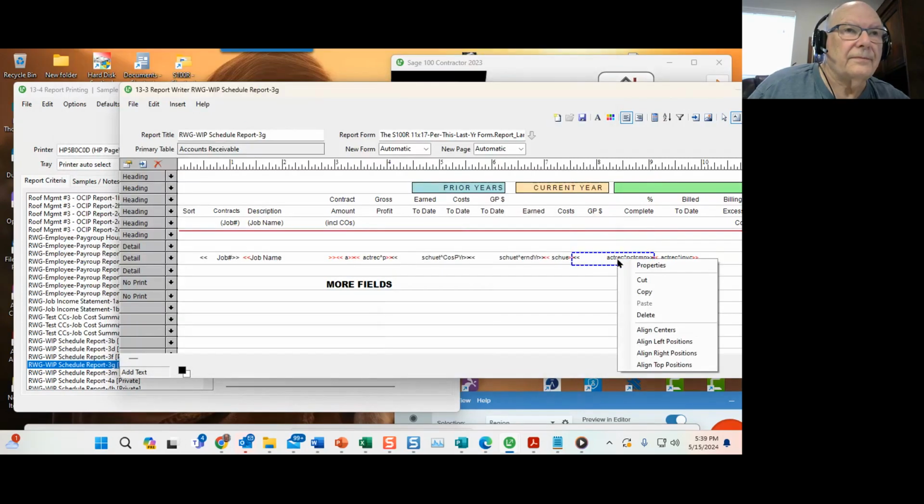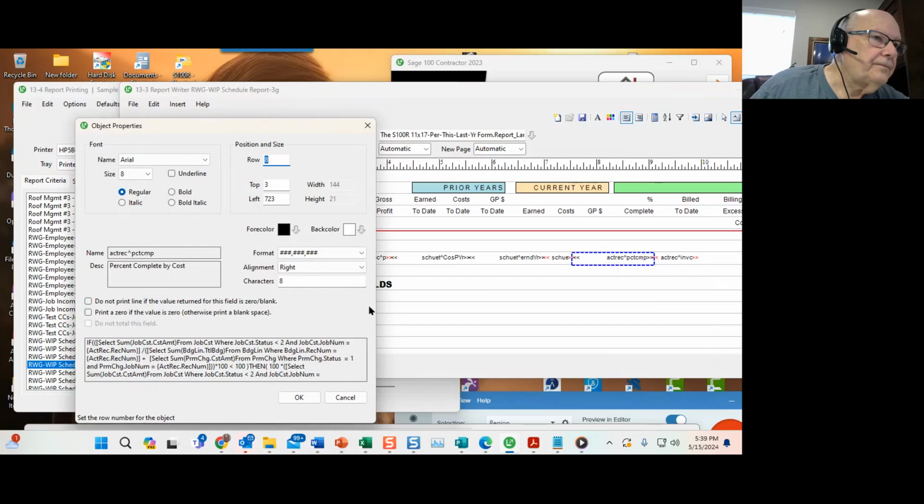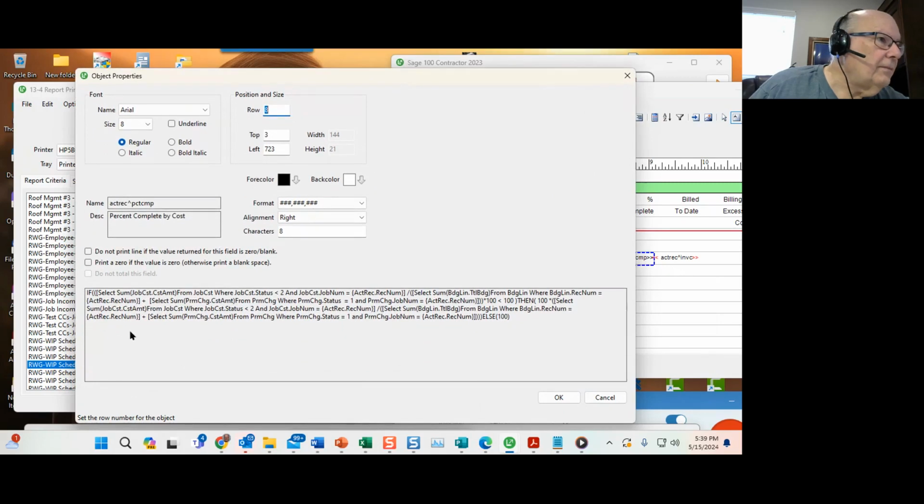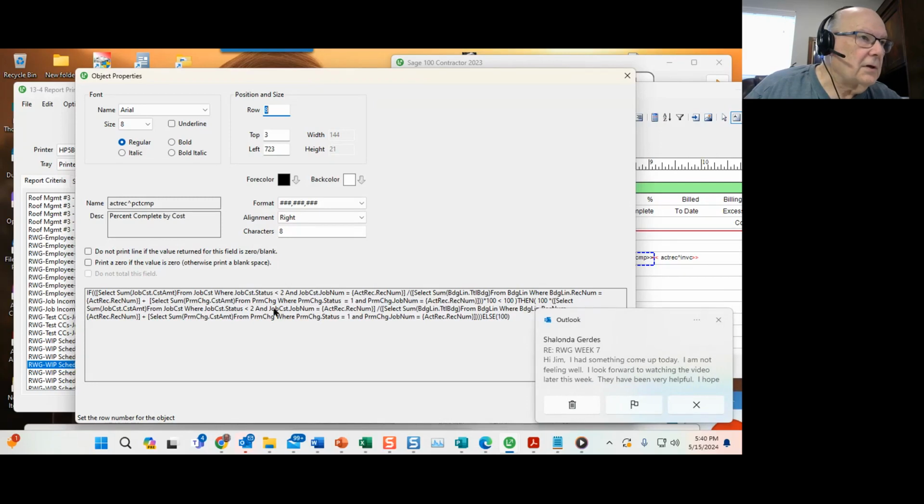So percent complete. And so we've got percent complete. What is the percent complete? It is the amount of costs that you've incurred divided by the budget that you have decided was the total amount of cost that the job would have. Here's the cost calculation, and then you divide the costs by the budget and the change orders,